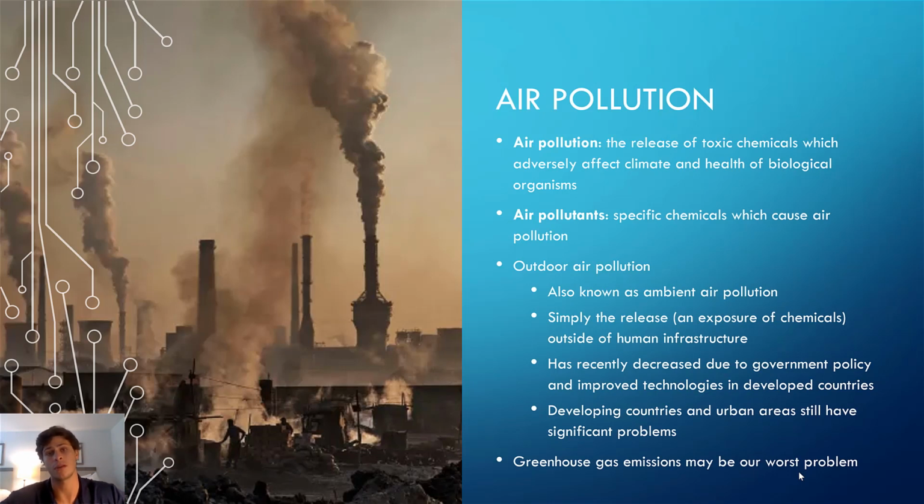And this is one of the good news stories in environmental science. Outdoor air pollution has been reduced drastically, something we'll talk about in just a minute, over the last few years as a result of improved technology as well as improved U.S. and governmental policies, specifically in developed countries. In developing countries or undeveloped countries, we still have a ways to go, but for most modern and up-to-date countries, we've done a pretty good job in reducing the amount of air pollution in our outdoors. Now, greenhouse gases, something that we're going to actually be talking about at length in Chapter 14, we still have a very long way to go as far as mitigating climate change, but for toxic air pollutants, we have done a great job in lowering the emissions.